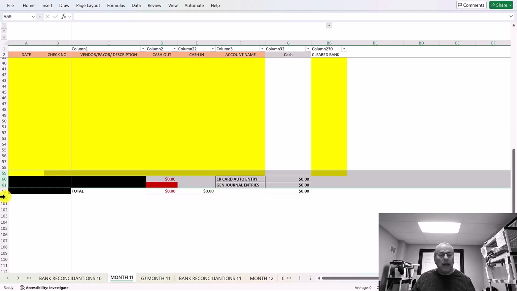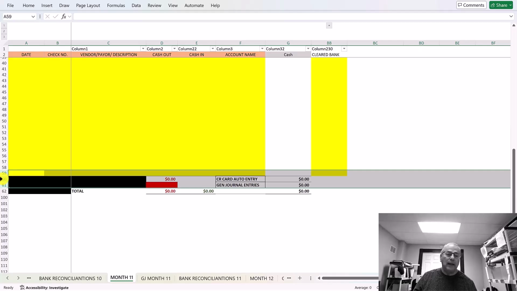Below this, I have some hidden rows that I purposely did because there is another opportunity to make credit card entries here, if you run out of space in the general journal entry. I doubt you're going to do that, but if you wanted to do that and